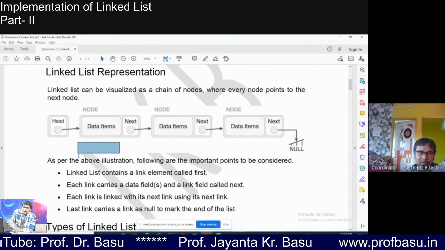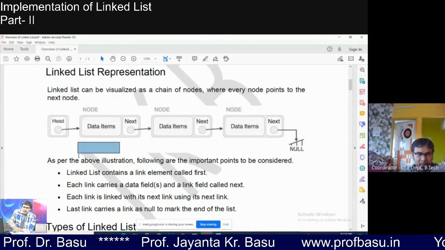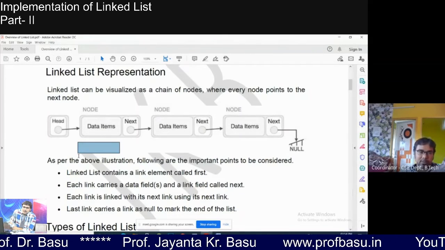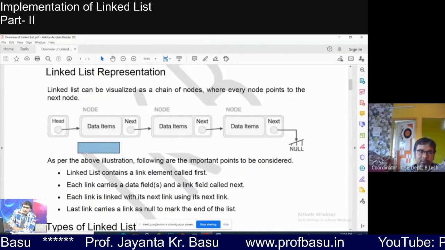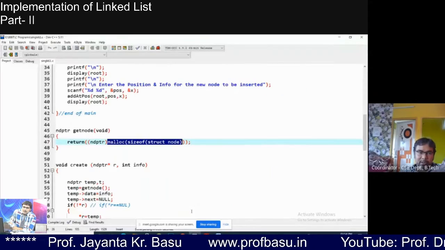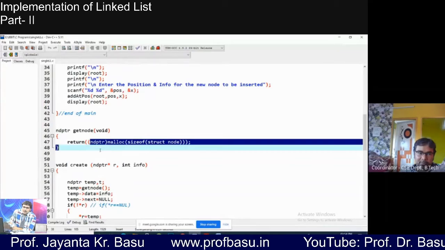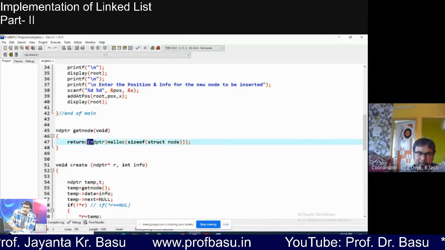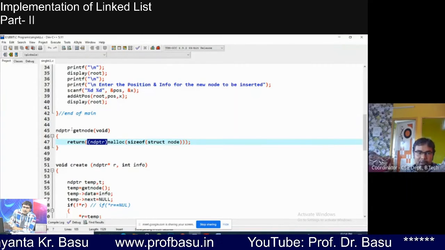So it is required always for each and every node, right? So the get node function has the responsibility to return the address of the node which we have just created. So in our get node function we have the ndptr return type. That's why I put ndptr in a bracket, then malloc sizeof struct node.